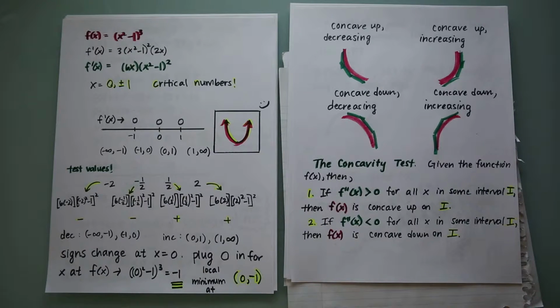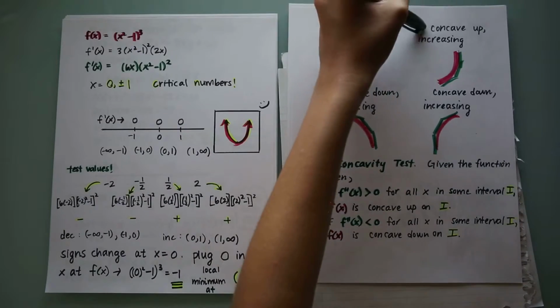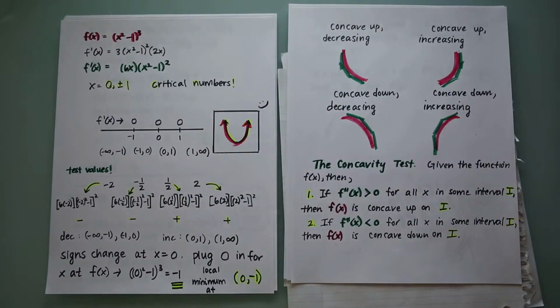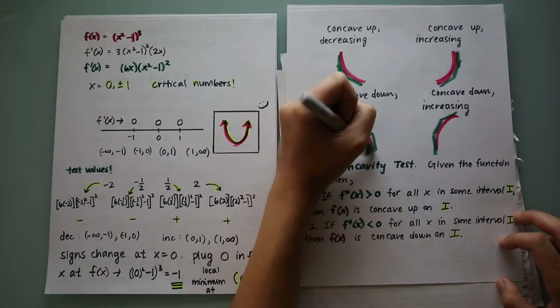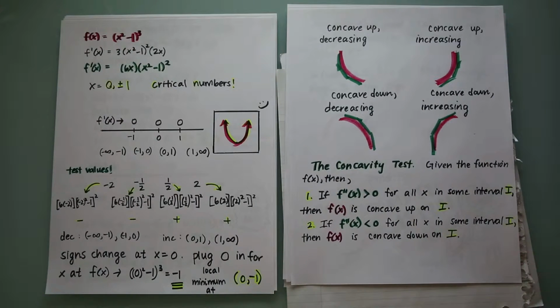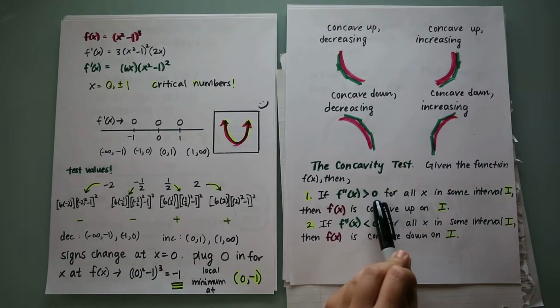One more time. For concave up: increasing slope of a curve, increasing derivative value, and positive second derivative. For concave down: decreasing slope of curve, decreasing derivative value, and negative second derivative. Since the second derivative will be positive for concave up and negative for concave down, we can agree with the following statement. If the second derivative is greater than 0 for all x in some interval I, then f of